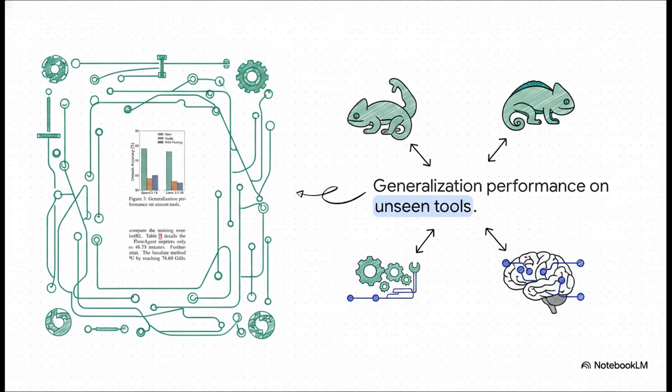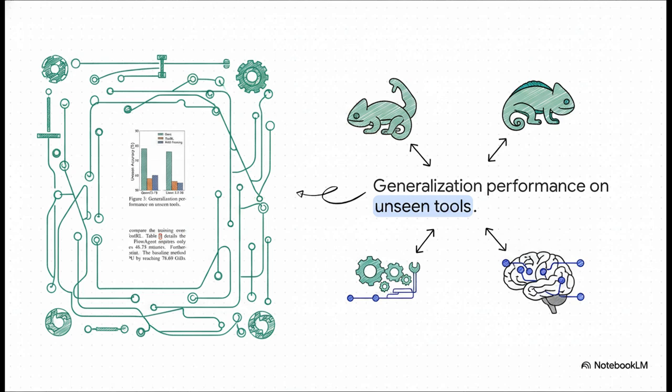But honestly, this might be the most stunning result of the whole paper: generalization performance on strictly unseen tools. FlowAgent maintains up to a 78% accuracy on the Qwen architecture when tested on tools it was never even trained on. The baselines experience a massive performance drop, hovering around 55 to 60%. Because FlowAgent actually learns the continuous semantic layout of tool functions, it has an unprecedented ability to adapt to novel